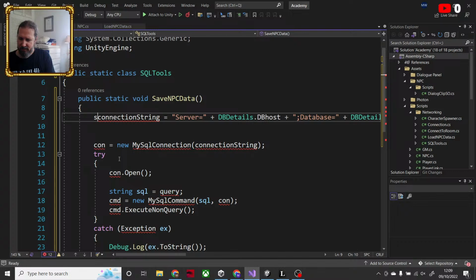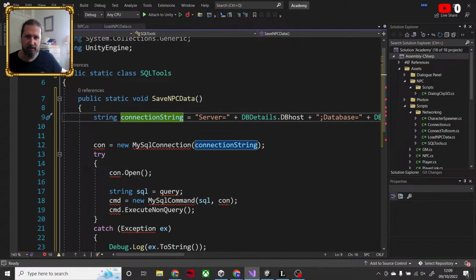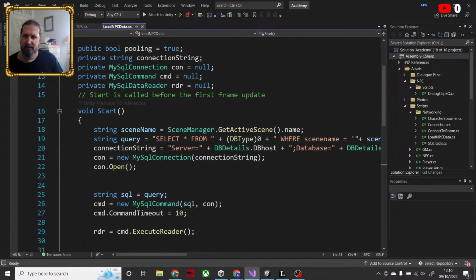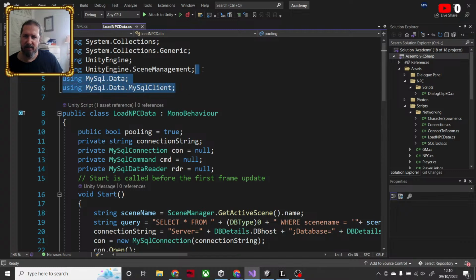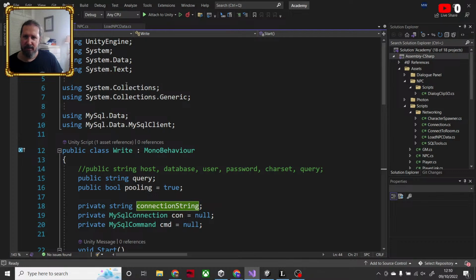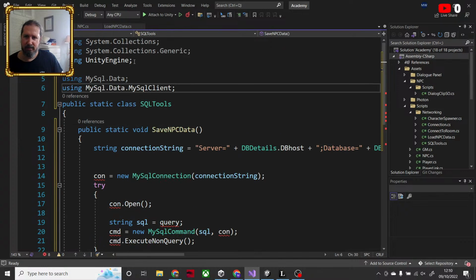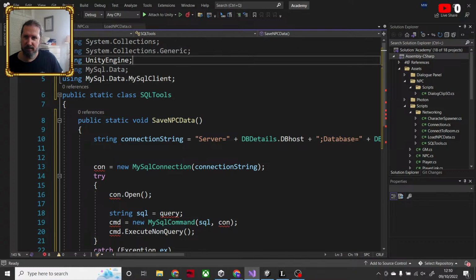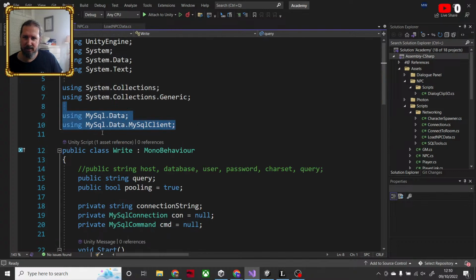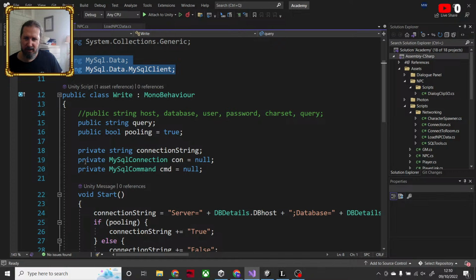This is going to be a string. The connection, let's see. I think I'll need these. Right. I need this for the connection. Because that con is created here.